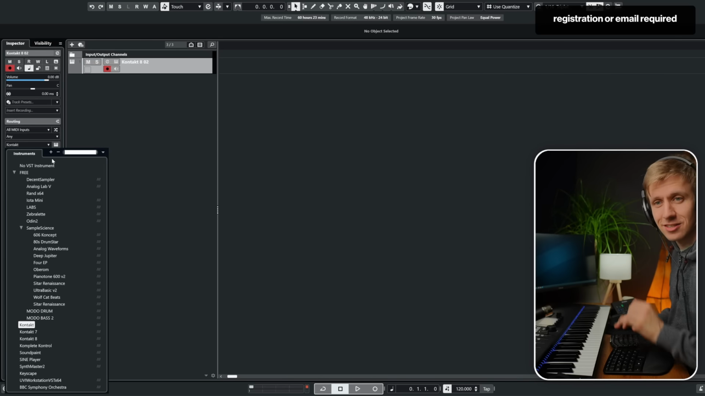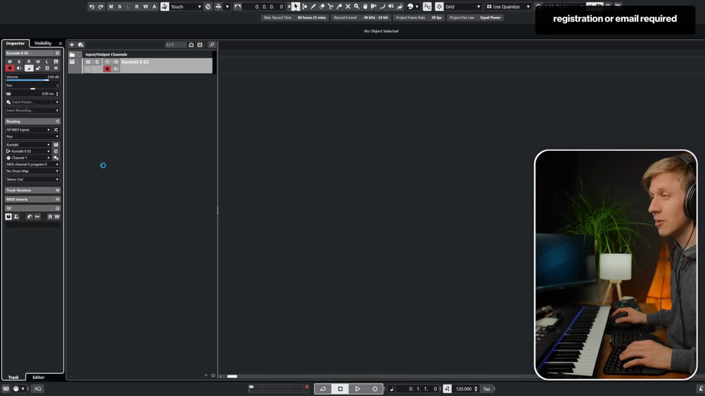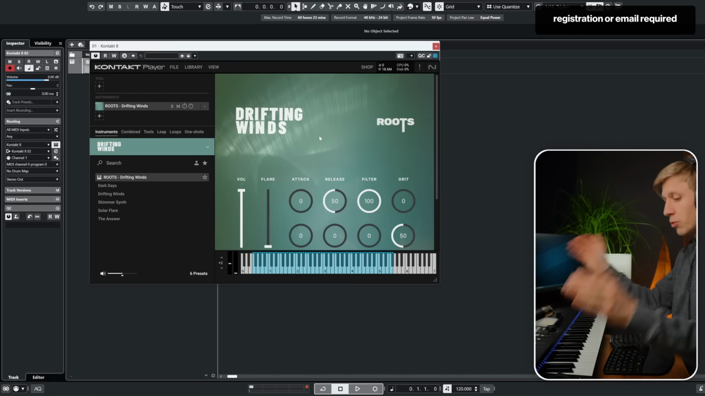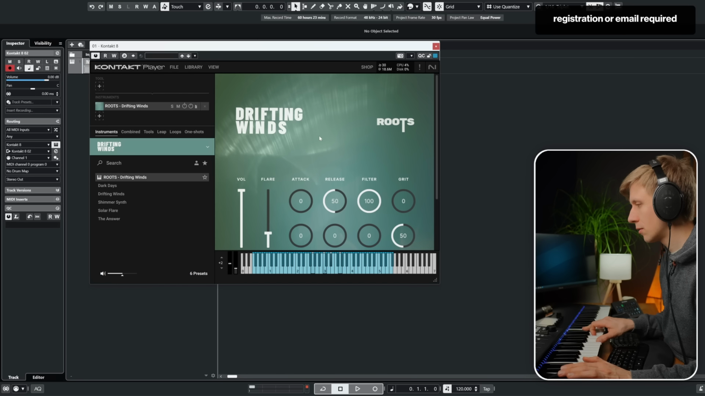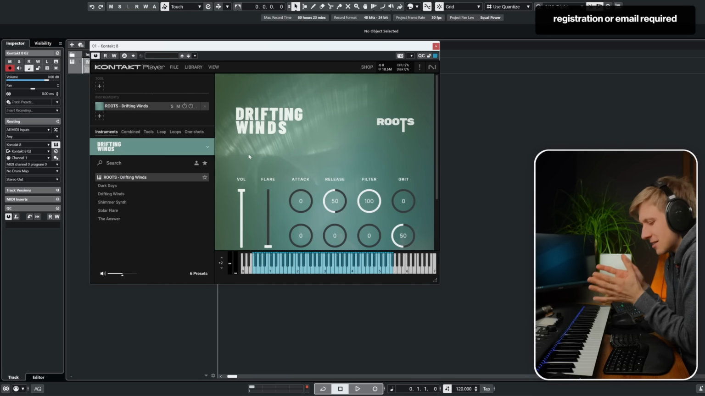Now, one of my most favorite sample manufacturers, maybe of all time, a very small brand, Westwood. I just found out today that they have something called the Roots. They do have 3 instruments. They have the Drifting Winds. So first you think it's an instrument,